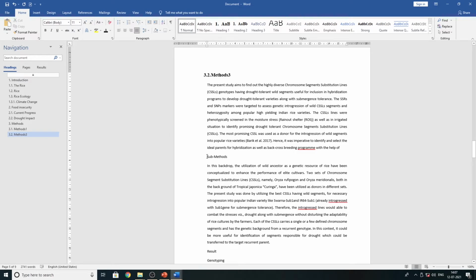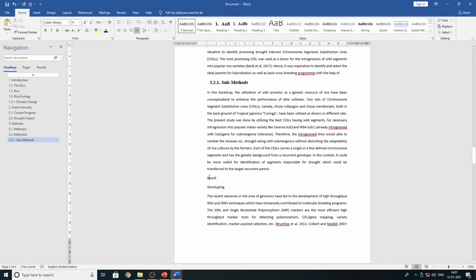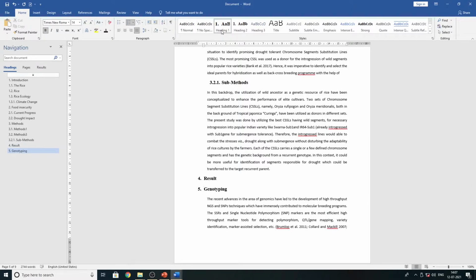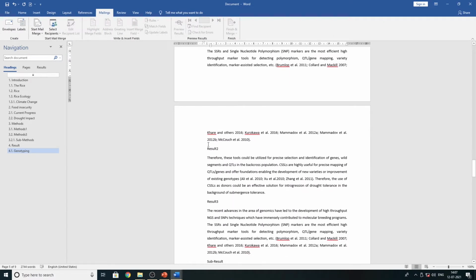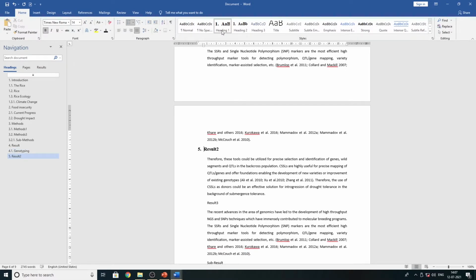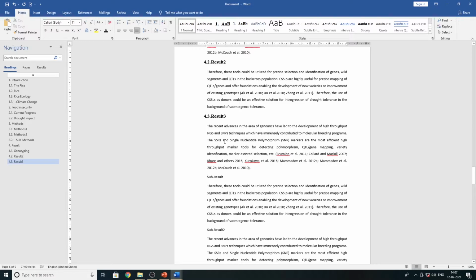I'm going to make a subheading of 3.2. I'm going to hit tab two times, 1, 2. See, 3.2.1. Now this is the first heading. Now I'm going to hit one tab. This is the fourth, right? Now this is the subheading of Result. Heading first, I'm going to hit one tab. See, 4.1 is created. So now Result 2, heading 2, I'm going to hit one tab. 4.2, similarly 4.3.